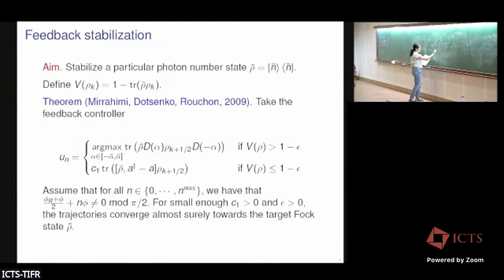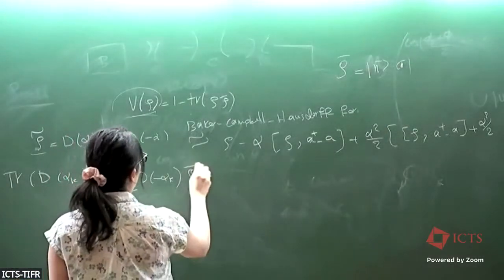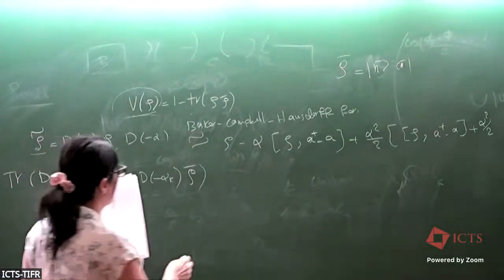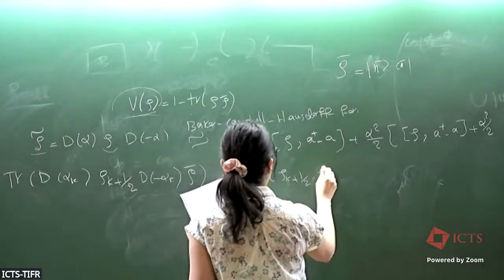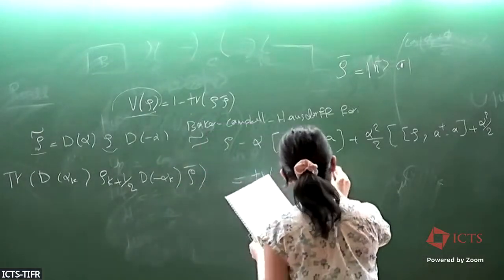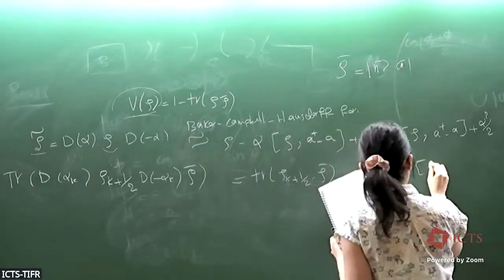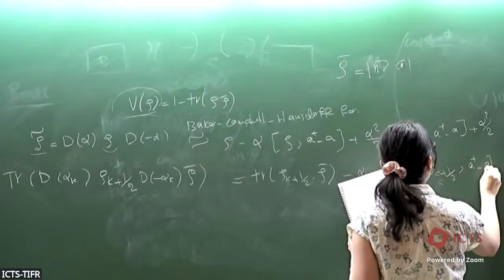So you have D minus alpha k rho bar. Just using this, you will get trace rho k plus half rho bar minus alpha k trace rho k plus half a dagger minus a rho bar